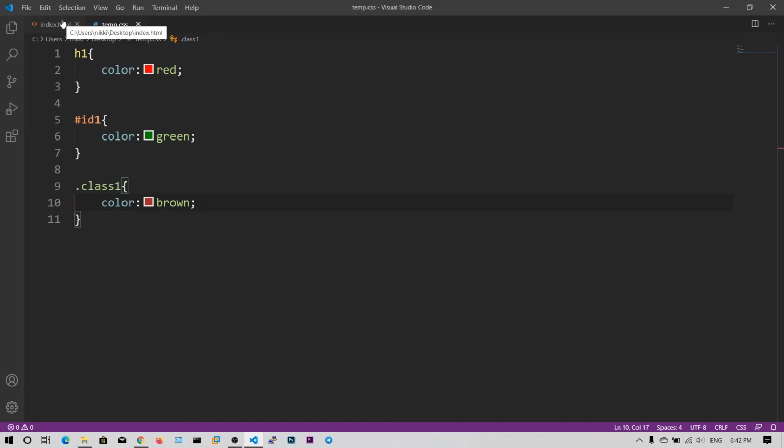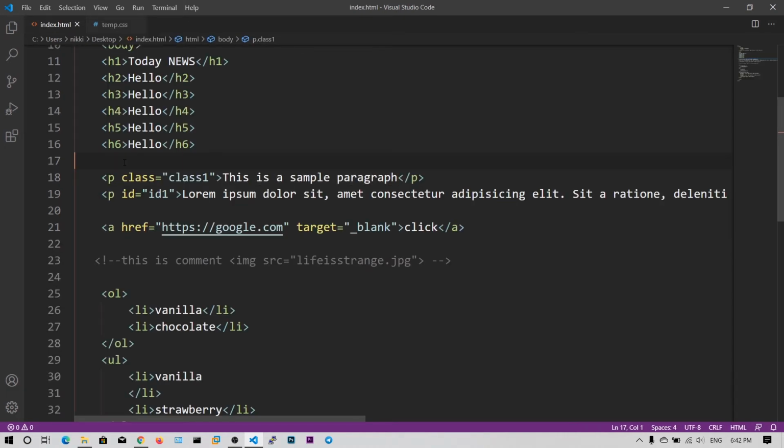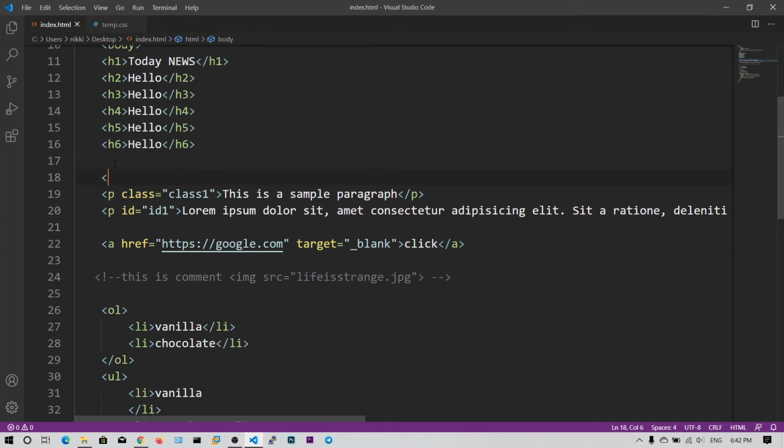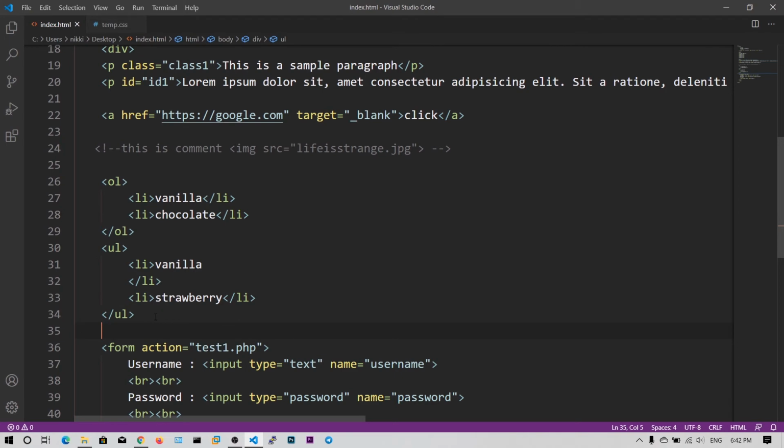these stylings. And I forgot to mention one tag in the HTML, that is the div tag. This div tag is like a block selector. If you want to define a particular block of paragraphs, you can just add the div tag around them.